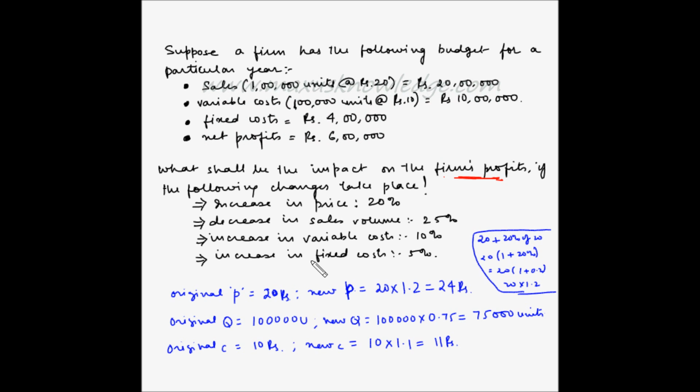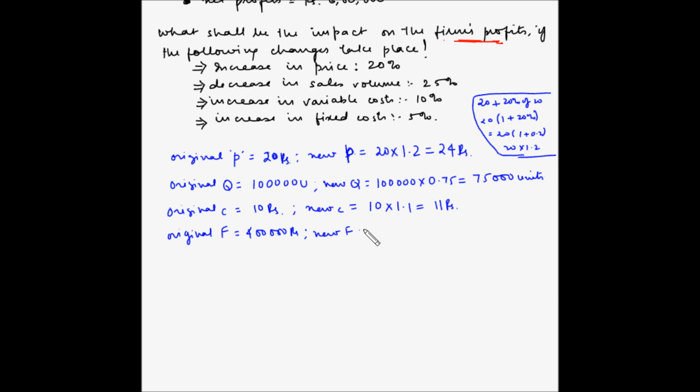Now the last one is increase in fixed cost by 5%. So original fixed cost is 400,000 rupees, and new fixed cost is 400,000 multiplied by 1.05, since it increases by 5%. So this turns out to be 420,000 rupees. So now we have to calculate the new profit,